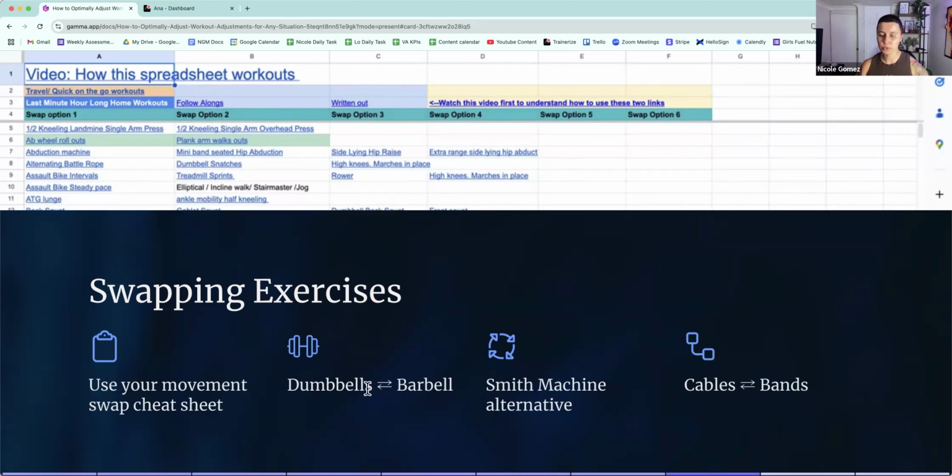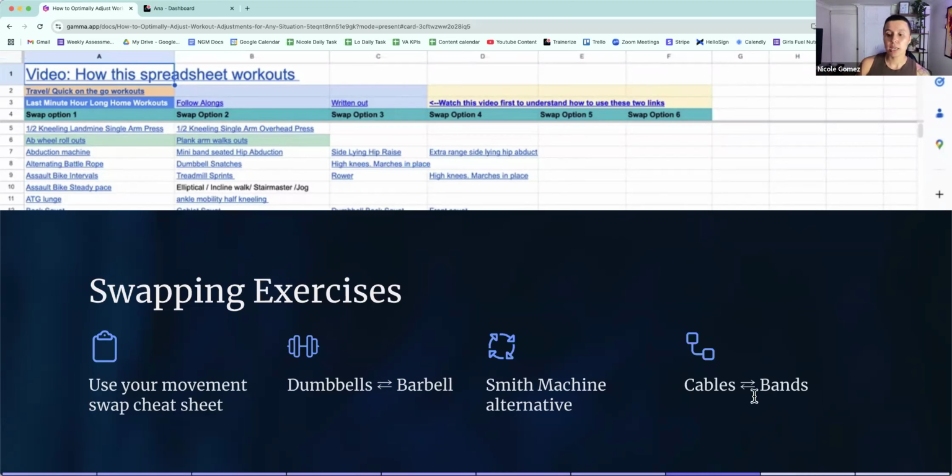When it comes to swapping those two out, RDLs, even maybe you want to do lunges and you want to put the smaller barbells on your back, that's not a big deal. Smith machine alternatives. So if you're going to do a squat rack, or free weight, can you do it at the Smith machine instead? That's fine. The squat rack was taken, but I really wanted to squat and I was low on time, so I did the Smith machine. That's fine. You probably just need to add a little bit more weight. So those things are fine.